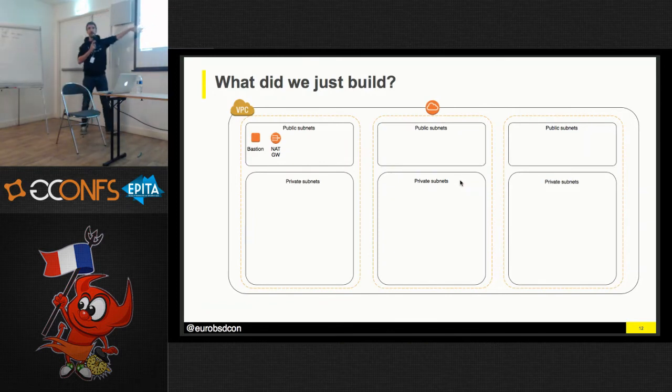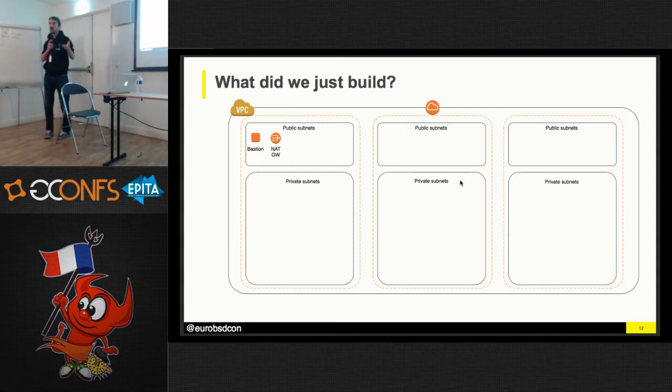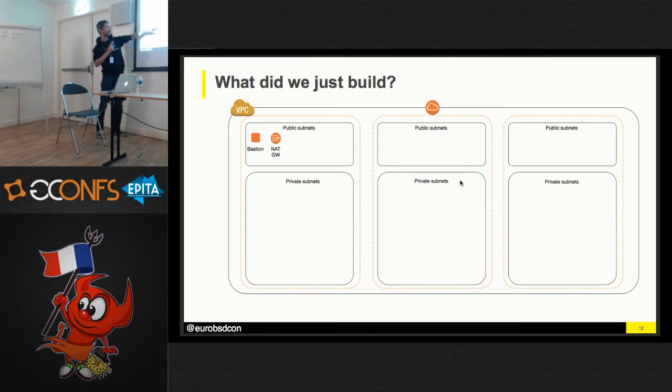So everything is almost ready. The only thing that's missing is the NAT gateway here. You have 2 different kinds of subnets in AWS. Public ones, which are machines which have a public IP address, so you can directly connect to them. And private subnets, where machines only have private IP addresses. So if these machines want to connect to the internet, they need to be NATed, and there's a service inside AWS to provide this NAT. So basically, any machine here would connect to the internet using this NAT gateway. And this is a little long to create, but it should be okay now.